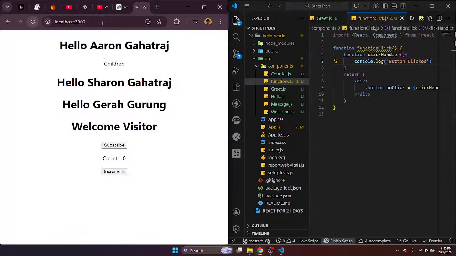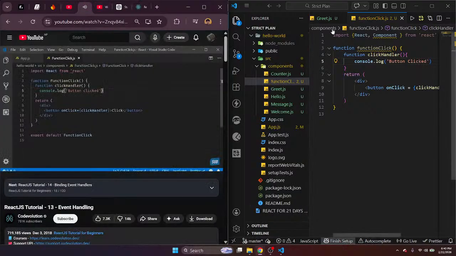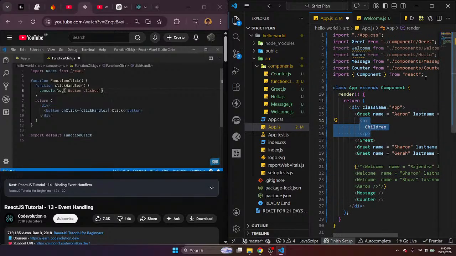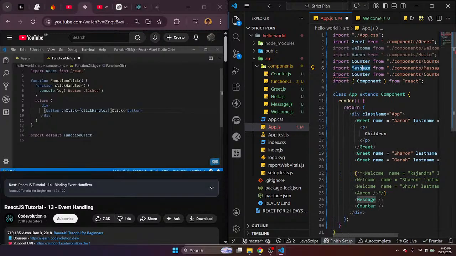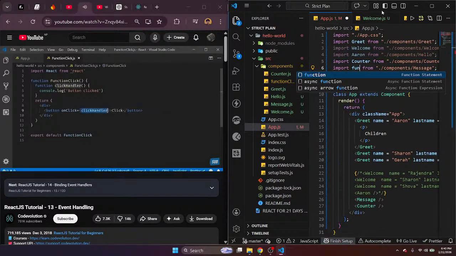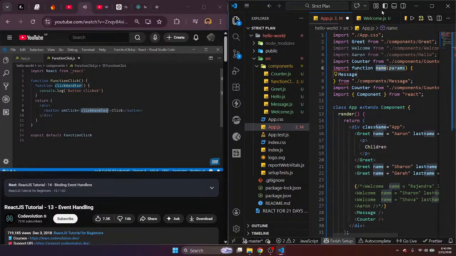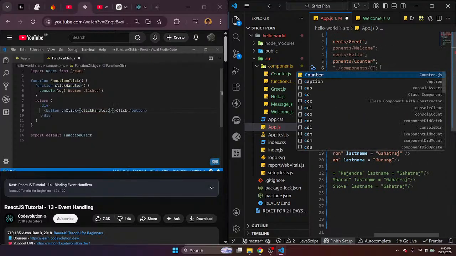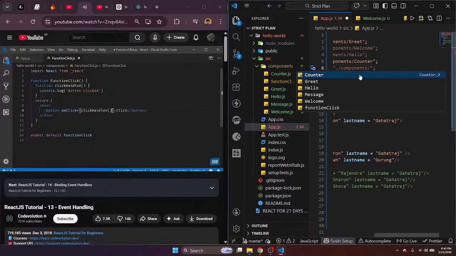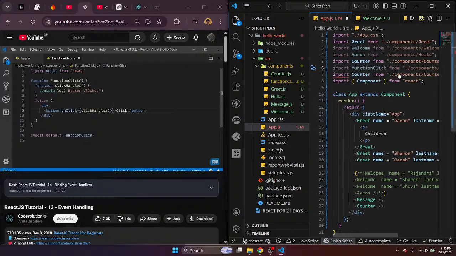Now, let me point out one of the more common mistakes we as beginners tend to make with event handling. In our code, you can see that onClick, we pass the function as the event handler. Pay close attention to the absence of parentheses. If you do add parentheses, it becomes a function call, and that is not what we want. We want the handler to be a function and